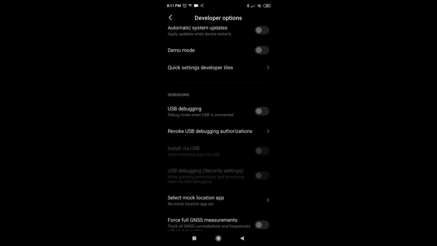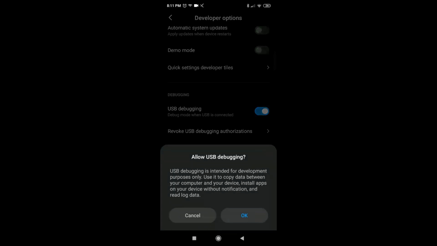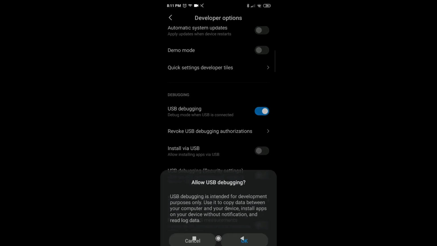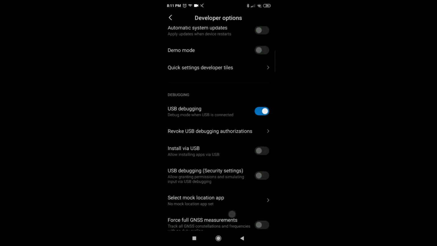Okay, so USB debugging, by default it is off. I have to click it so it becomes on. Okay, so allow. This setting is to be done so that we can connect very easily.